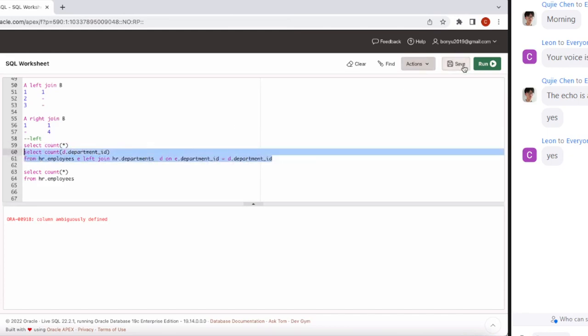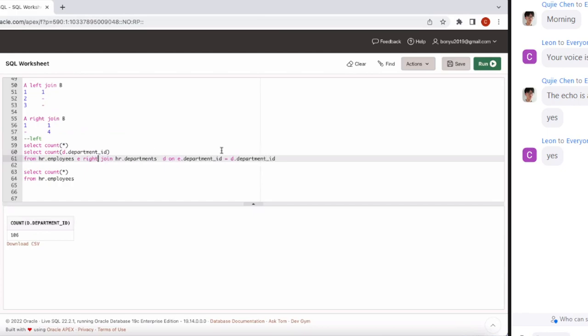So here, let me run it. You see 106, because you remember that when you count on specific columns, it will get rid of the null values, right? So there should be one null value in the table B columns, because we are using the left join. But if we use the right join,